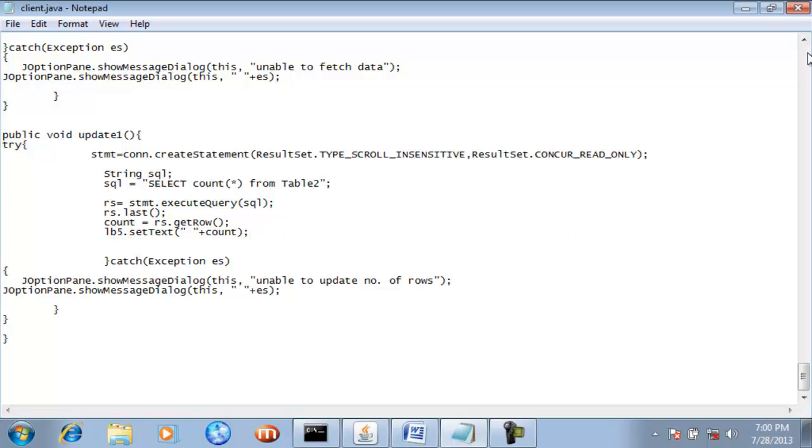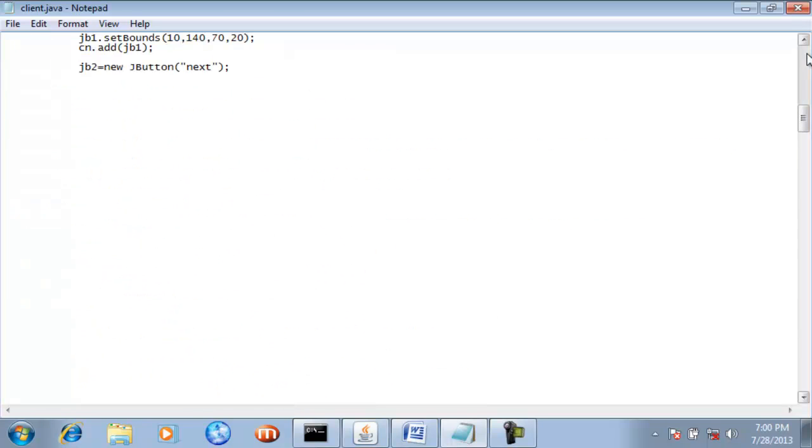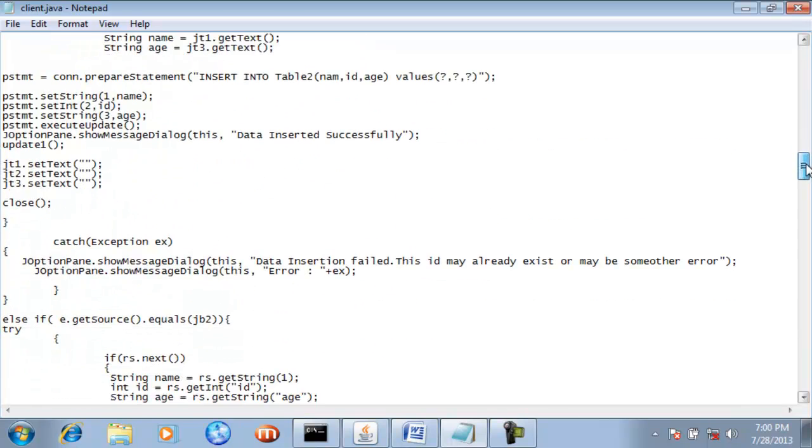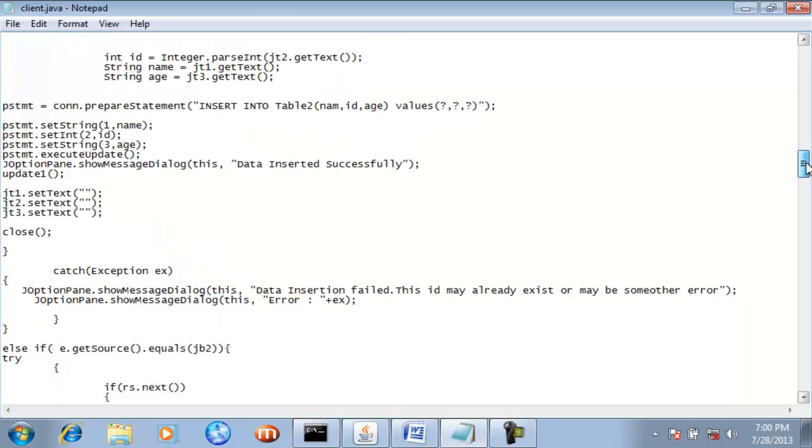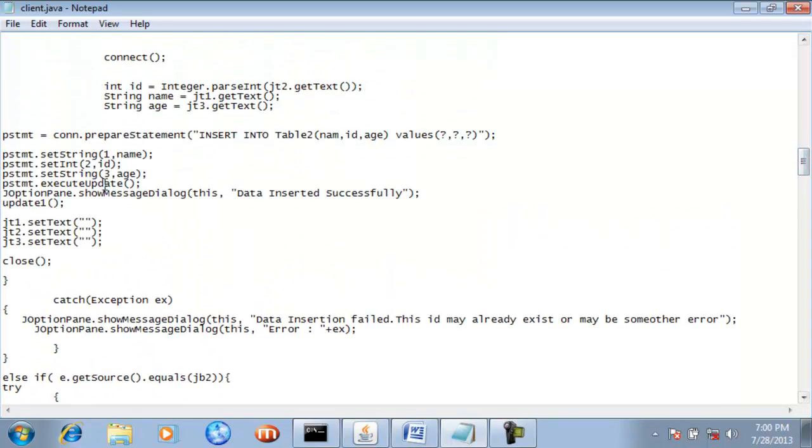And after doing that, guys, if we again come back to our main method, which is save, like guys here, we now know what exactly is the body inside this update one method. And after the execution of this update one method, guys, all the text boxes will get cleared with the help of this setText method, like jt1, jt2, jt3 setText, and with the help of this all three text boxes will become empty.